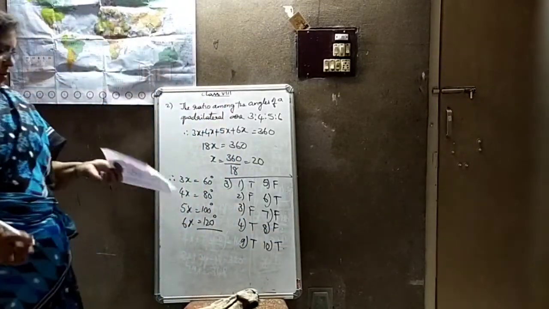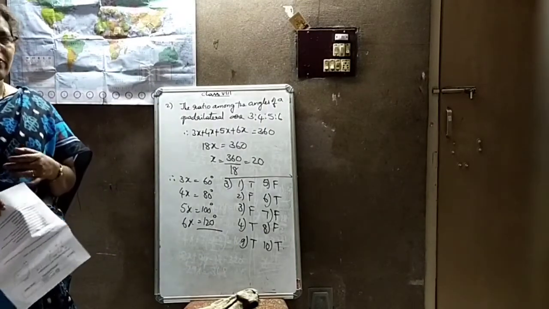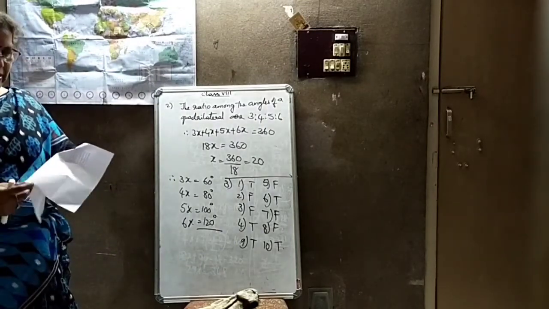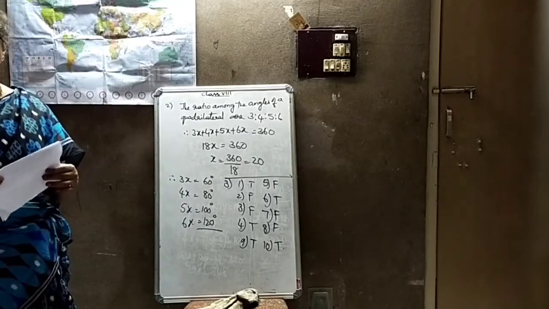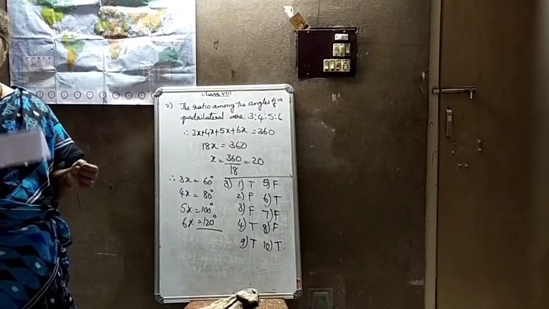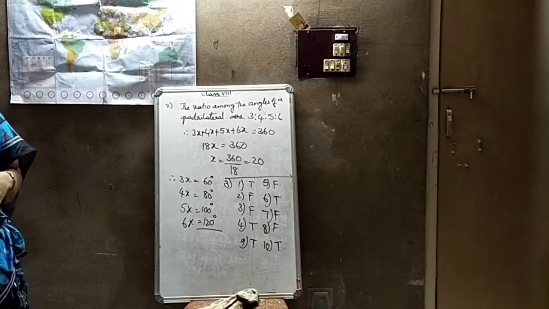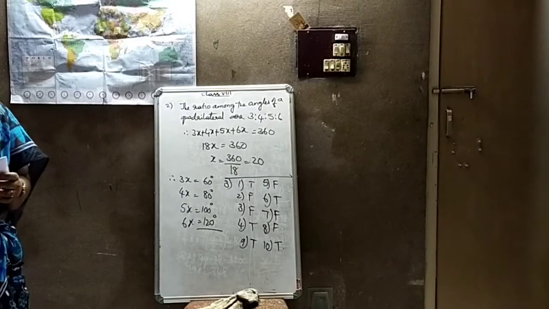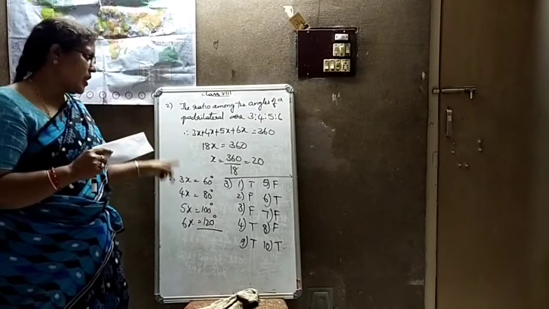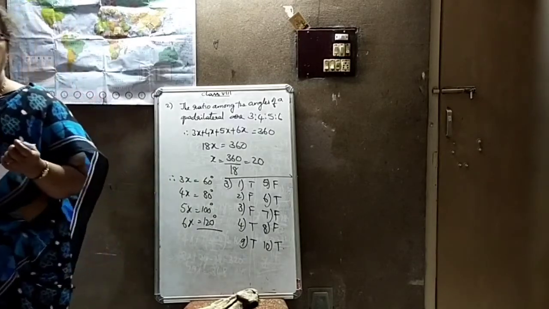So this is about your worksheet. Clear, children? Children, you are not following the classes regularly, no? Please follow the classes regularly and go through the notes I am giving and prepare for your coming exams. And 8th class, you are having a quadrilaterals exam next week. I am going to give properties also like this. Please go through the properties. Clear, children? Right.